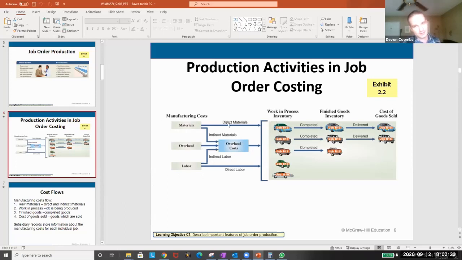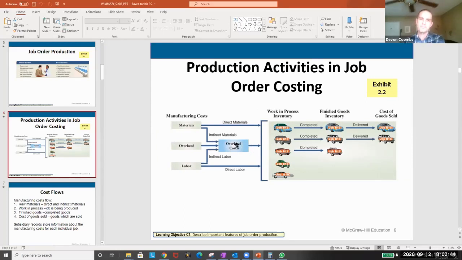Also, it's easy to say, oh, we used product A10 on job B15. That's pretty easy. But it's pretty difficult to then allocate, okay, what about all the screws, bolts? What about the electricity? What about our supervisor's time? We have to use estimates for allocation. And that's where we got our overhead, the overhead thought.